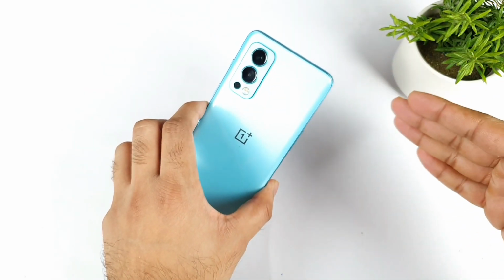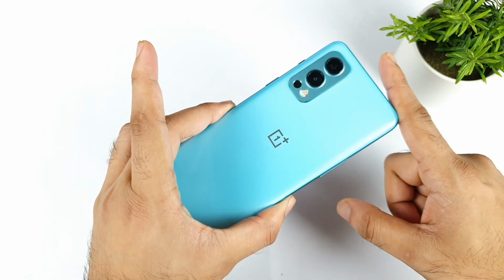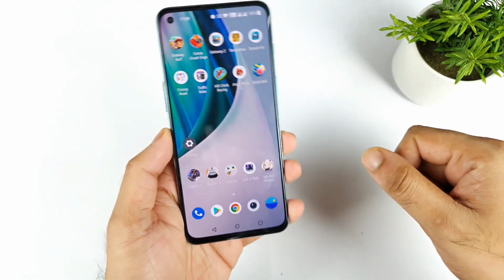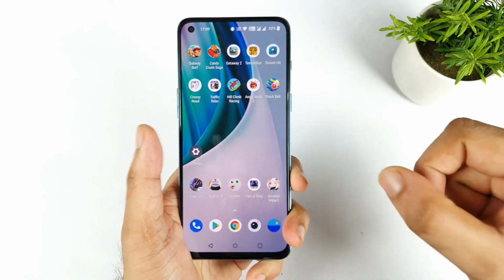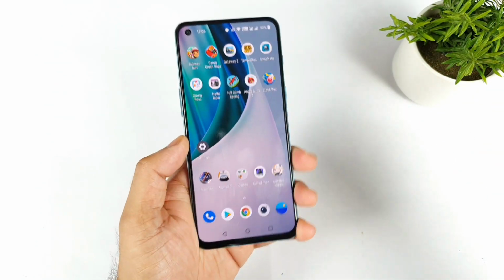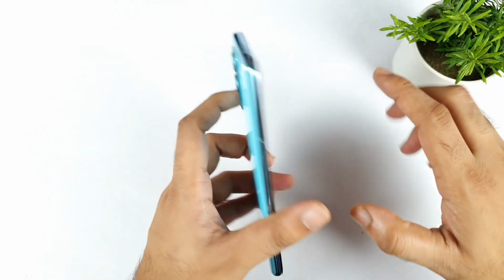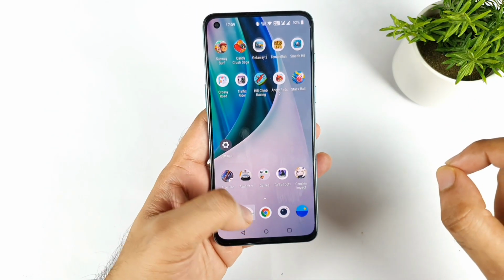In this video, I will do the RAM management test in the OnePlus Nord 2 by using the 5 GB of RAM expansion option. Yes friends, a lot of users are actually asking me to do this kind of video, but you might be wondering where can I find the expansion of the RAM in this OnePlus Nord 2. So don't worry friends, I got an application which is listed in the Play Store.